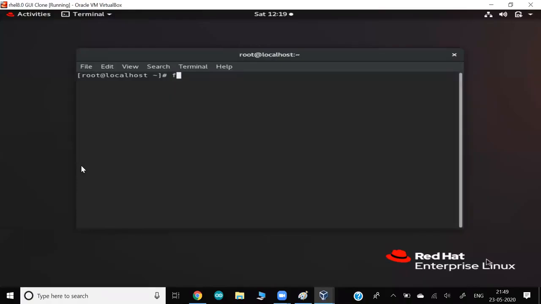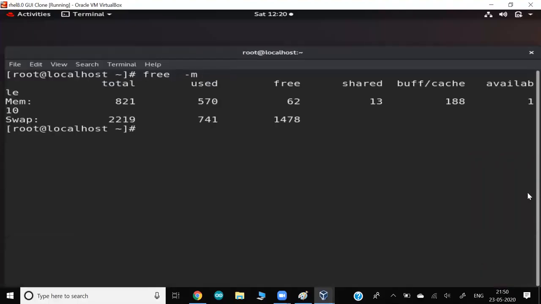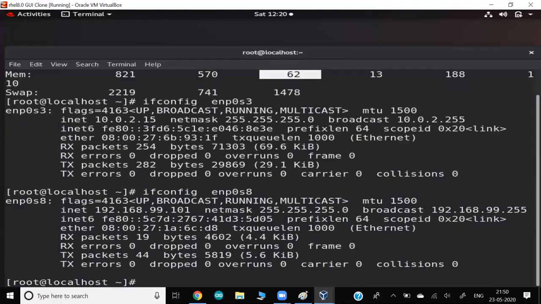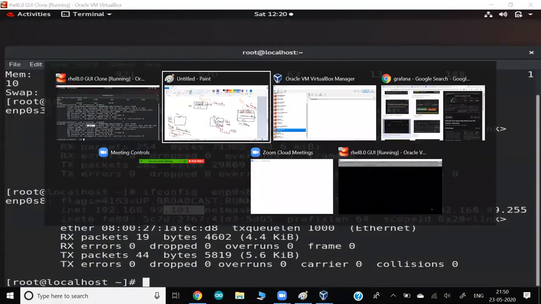In Linux, if you want to see the current RAM utilization in MB, this is the command we have. This command shows you this is my total RAM, this is the currently used, this is the free. Right now I am sitting on this particular laptop, having, for example, two network cards by chance, so I am sitting on IP 101. This is my 101.